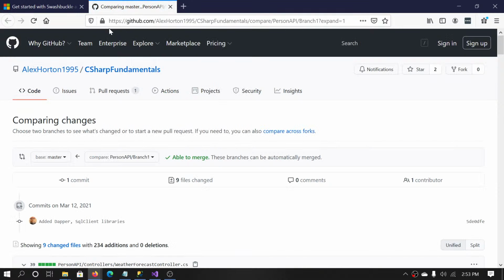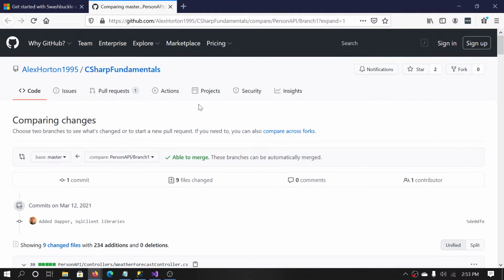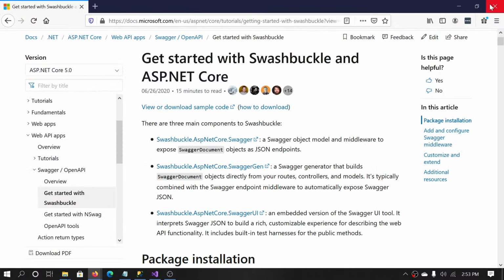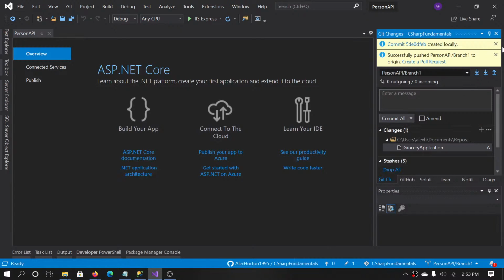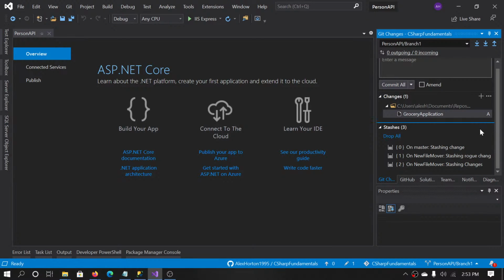Create a quick pull request for it. Okay. And I'll do that offline. Y'all don't see that part. Okay, so